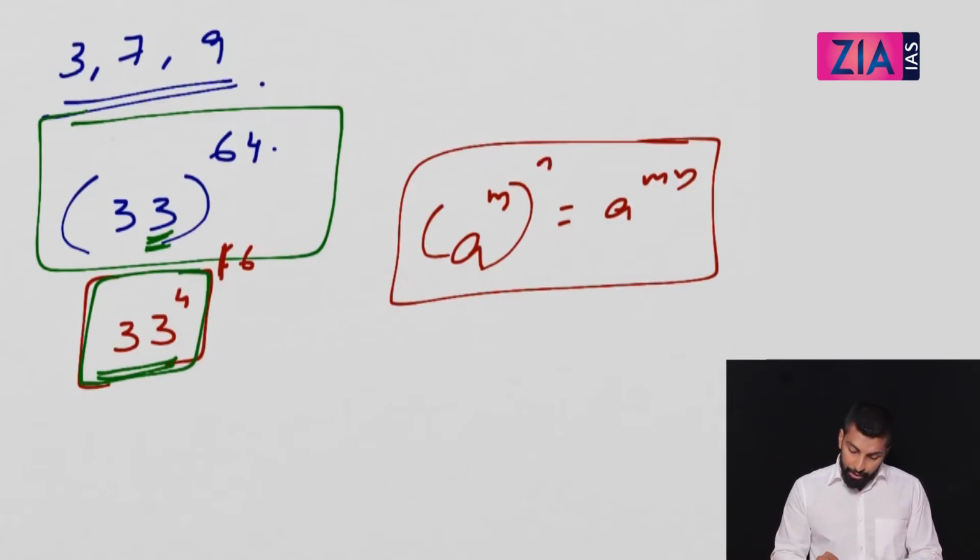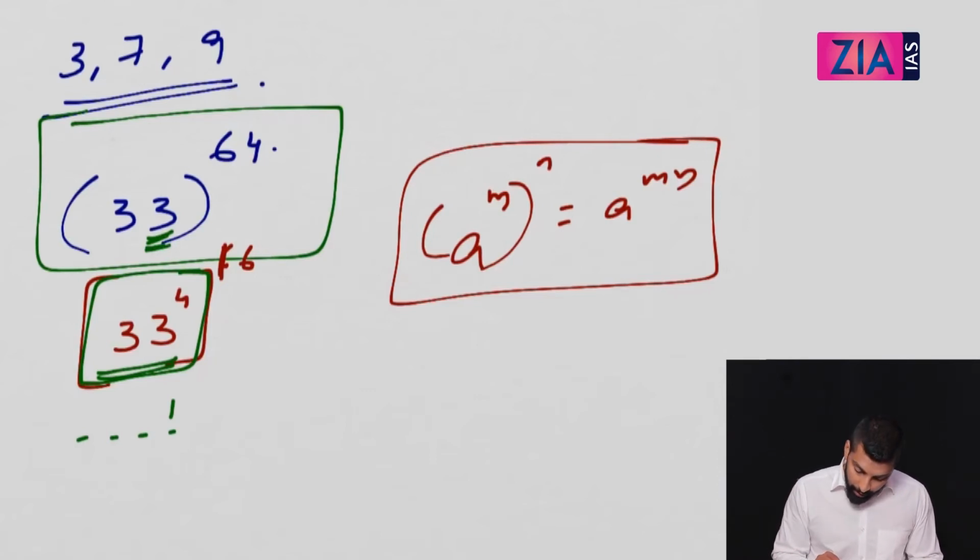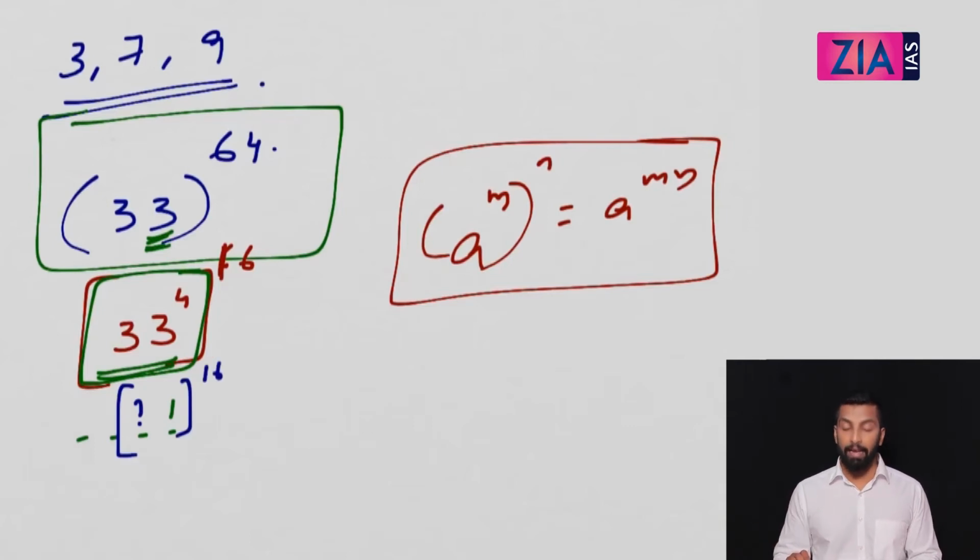Okay, so one thing is sure, if it's a bigger number, I don't know what 33 raised to 4 is. It's actually 33 into 33 into 33 into 33, or 33 square into 33 square. But this will end in 1. That I know, because of 3 raised to 4. And if I know this digit, I just need this 2 and power 16 to find the answer, right? Now how will you get this digit? That's the tricky part here.